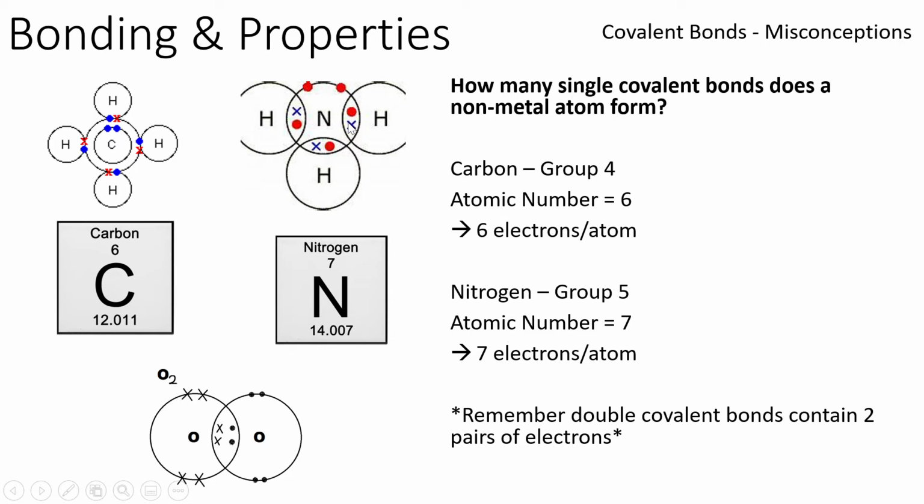1, 2, 3. And if you remember, covalent bonds are when non-metal atoms share electrons to try and get a full outer shell. So because this nitrogen atom needs 3 additional electrons to get a full outer shell, it can form up to 3 single covalent bonds with other